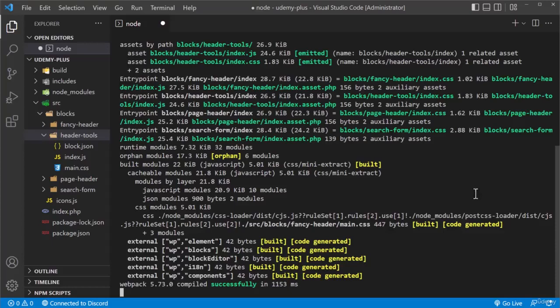In this lecture, we will add attributes for the header tools block. Not everyone wants to add a login button to their site. We should add the option to the link. As you can imagine, we can use the toggle control component to toggle the value. However, I want to explore other components. They may not be the best option, but we should use this opportunity to explore the various components offered by